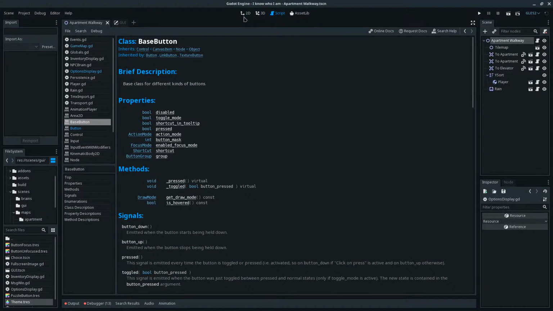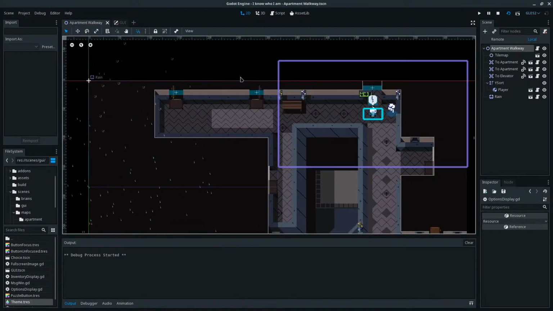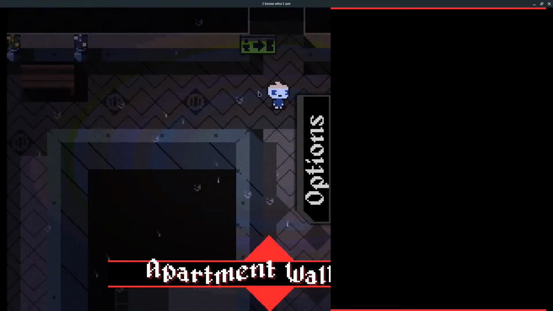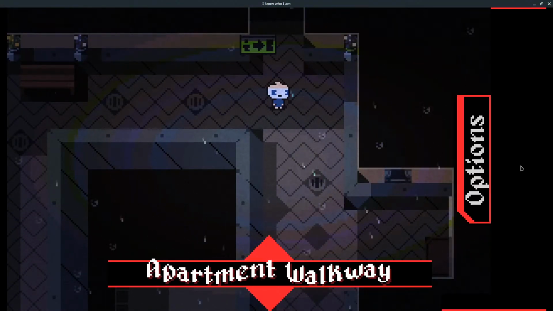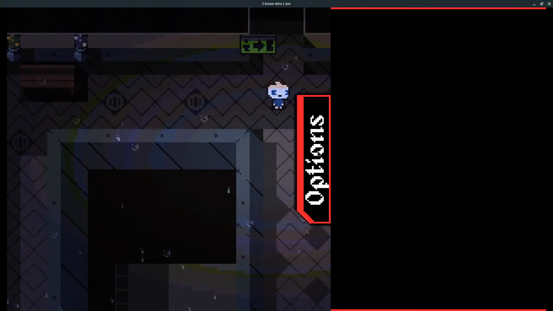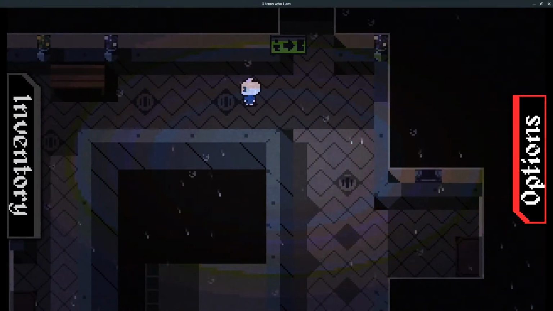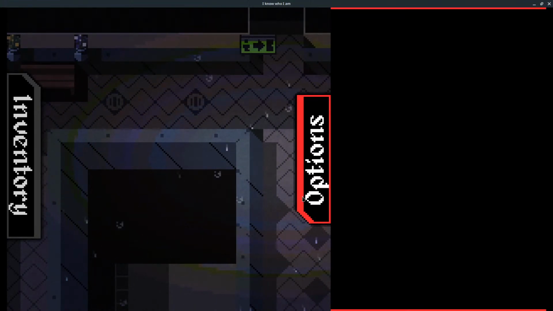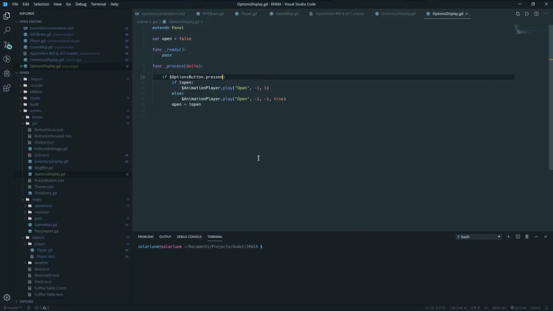Okay. Okay, it's jank, but it's... What the heck? It's so jank. Okay, let's see what is going on. Alright, if it's pressed, if it's not open, then play it. Otherwise, play it backwards. Open equals not open.